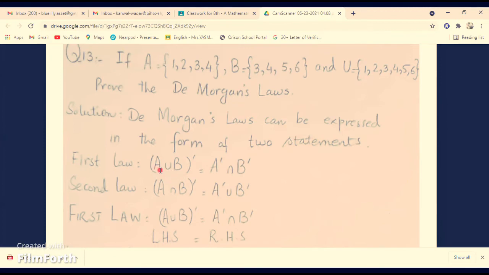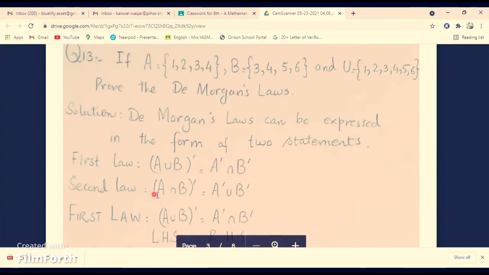On the first, there are two sides, left hand side and right hand side. If you see, this is the first, this is the left hand side because it is coming on my left hand. Is it so? And this is right hand side. If on the left hand side there is (A union B) whole complement, then it will be equal to A complement intersection B complement. Remember, when you open the complement, union will change into intersection. So individual complements with intersection.